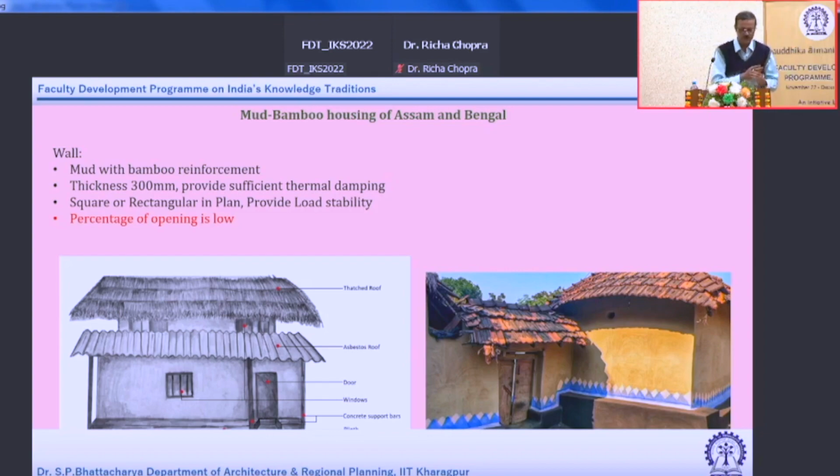The first problem is that in a mud building the percentage of opening is very small. For some reasons you cannot put many windows, so the amount of windows is less. In this hot and humid climate you require larger openings, but still it is less. That is why what we find in our studies is that mud buildings are very good at night, but if the humidity is very high,